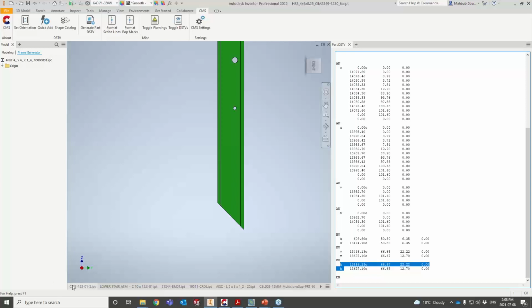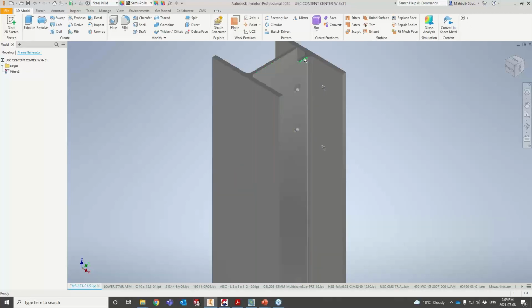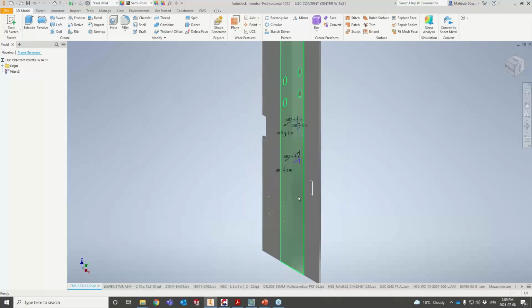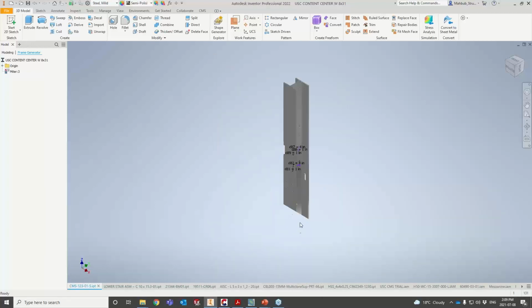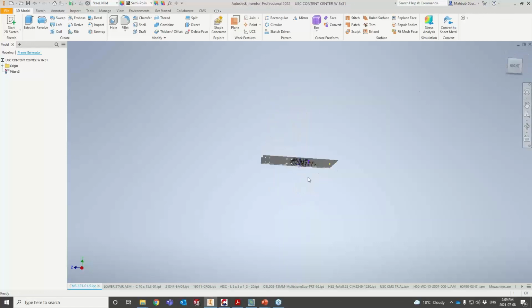So let's work on a part that you want to create an NC1 file from, an Inventor native IPT file, right? As you see over here, I just have a part open. I have a cope here, some drills over here, and I added some slots. At the same time, I added some miters over here and some cuts on the bottom flange. Additionally, if I go to my right view here and try to show you the other stuff,